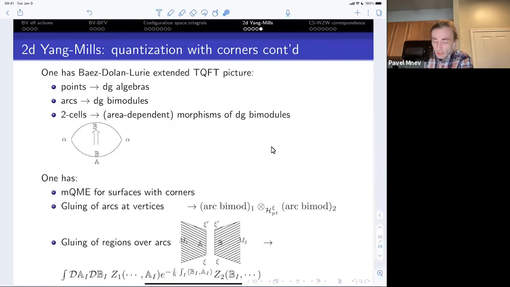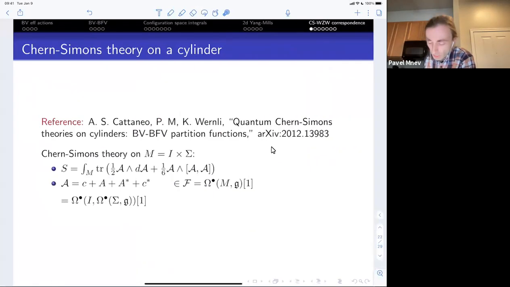So the picture one has here is essentially the picture of Baez-Dolan-Lurie extended TQFT, where to a point you assign DG algebras, to arcs DG bimodules, and to two-cells some area-dependent morphisms of DG bimodules. And here you have the quantum master equation for surfaces with corners, and you have two kinds of gluings: gluing of arcs at vertices given by the tensor product of bimodules over an algebra, and gluing of regions over arcs. So that is what I wanted to say about 2D Yang-Mills and its extension to corners,